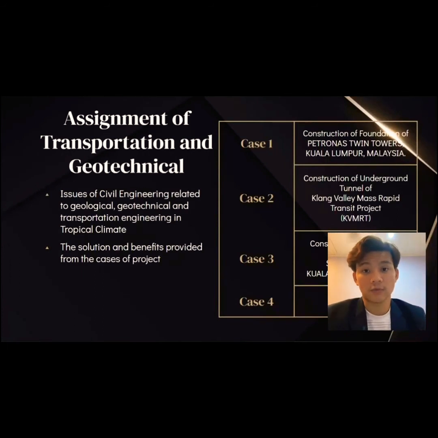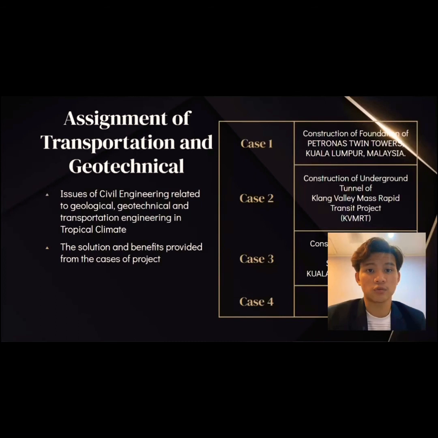So we will go further about the 4 cases that I already explained before. About case number 1, which is Petronas Twin Tower, we call it KLCC. The original construction site of the KLCC was set on the edge of a cliff. So half of the construction site was set on decayed limestone, and the other half on soft rock. So the engineering team came with the idea to move the entire site 60 meters from the original construction foundation site. Because of the depth of the bedrock, the building was built on the world's deepest foundation with 104 concrete piles ranging from 60 to 114 meters depth. So that's the solution for the problem.